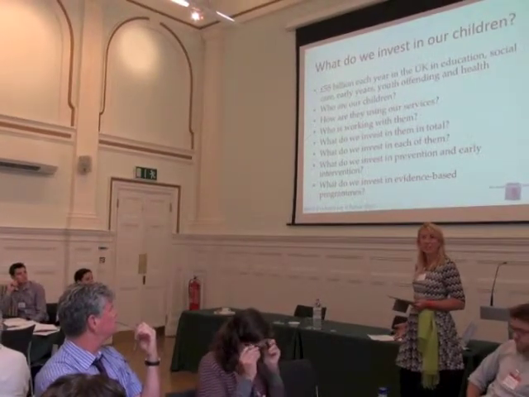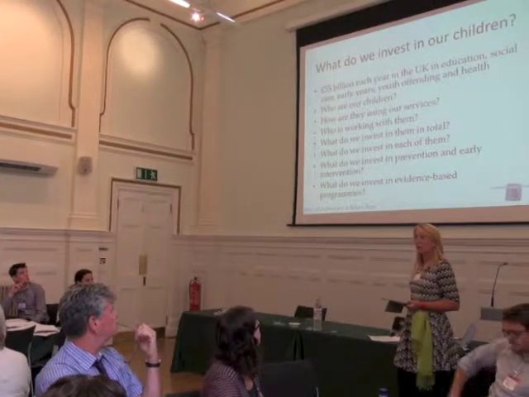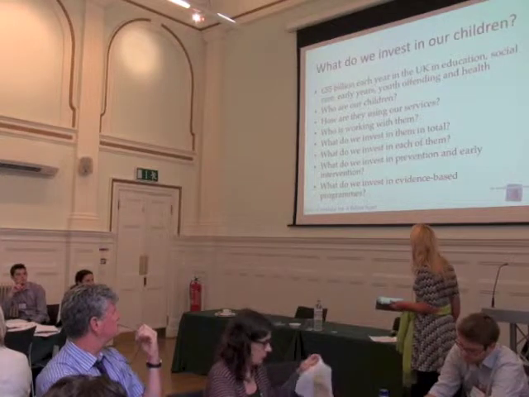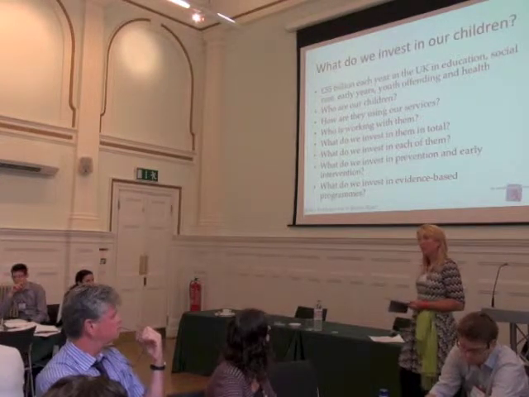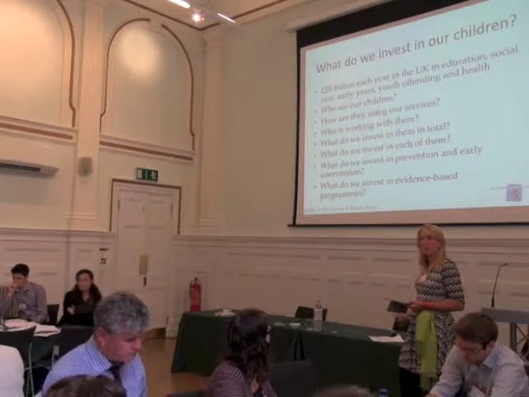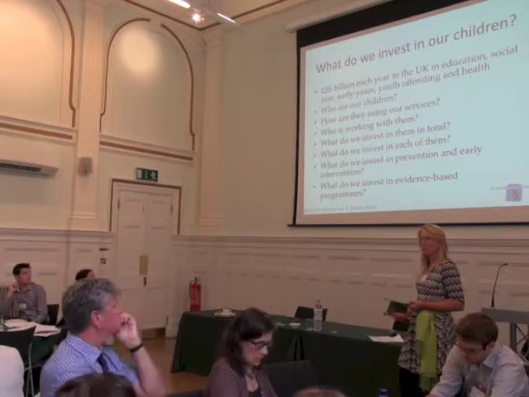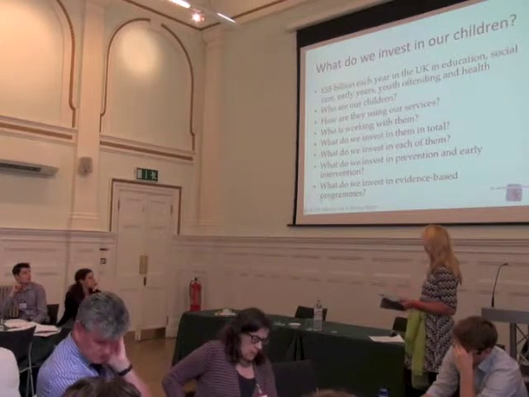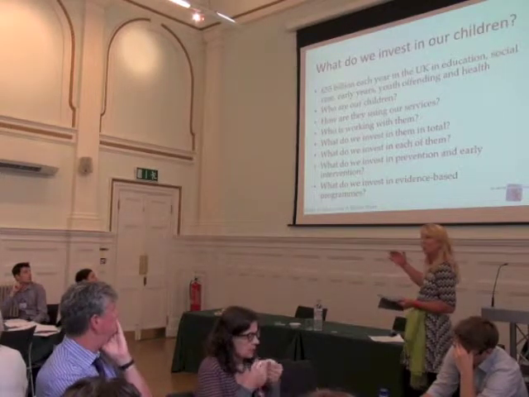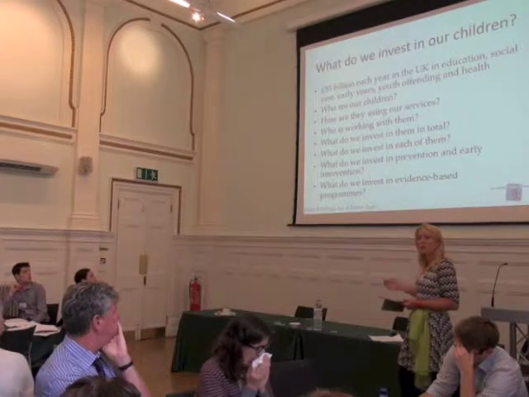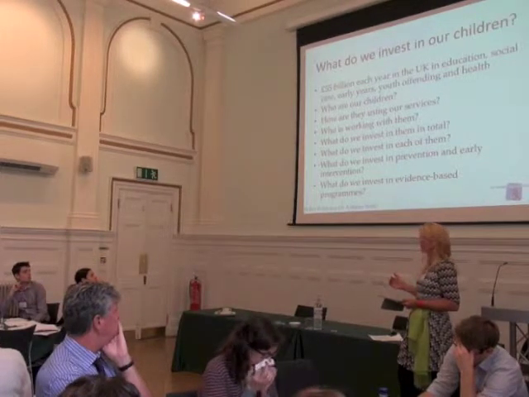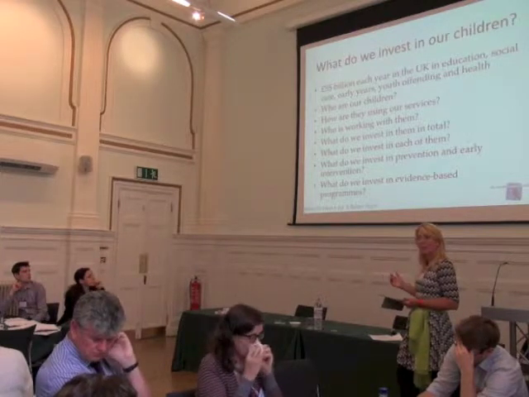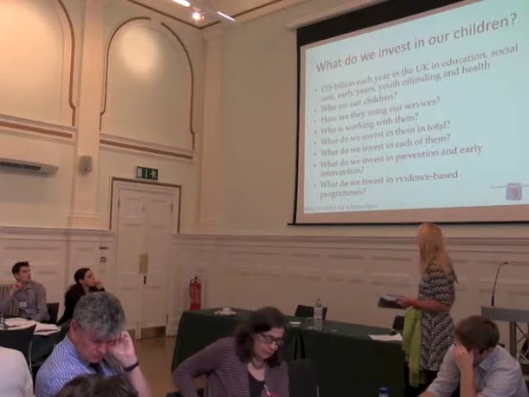So hopefully this will feel very familiar if you've had a chance to cast your eye over the notes in the introductory modules, or if you've had a look at the fund mapping tool. And it seems quite basic. So some of this information you may well have at your fingertips already, maybe even put it in your original bid. So you want to know how many children you have, who's using which services, so how many children are using social services, using care, how many kids in state-maintained schools, basic figures about children and their use of services.